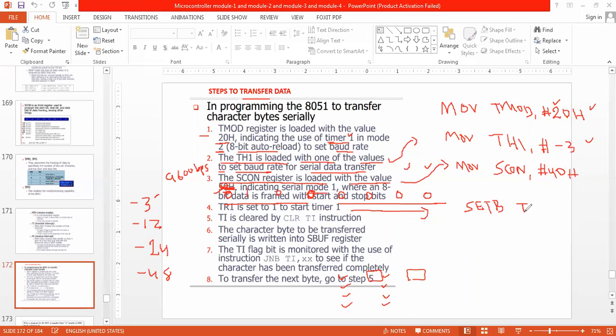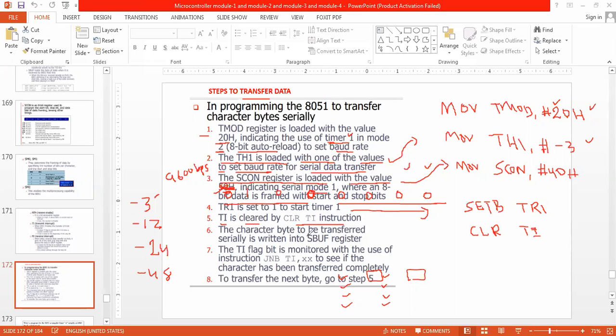That is TR1, Timer Run 1. Then TI is cleared by the CLR TI instruction. TI is a SCON register bit.